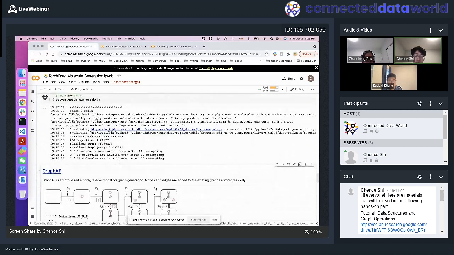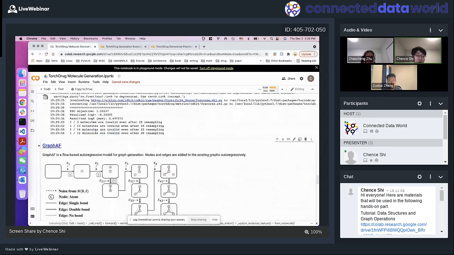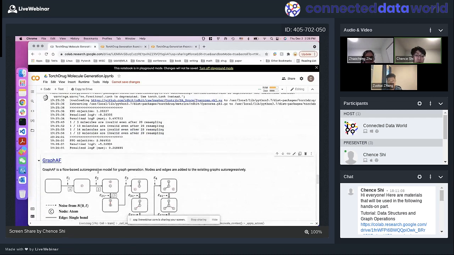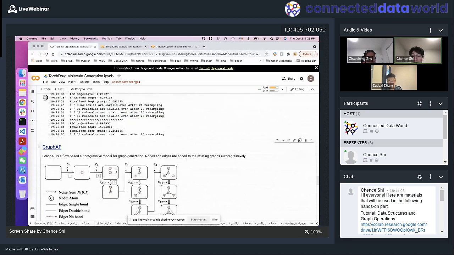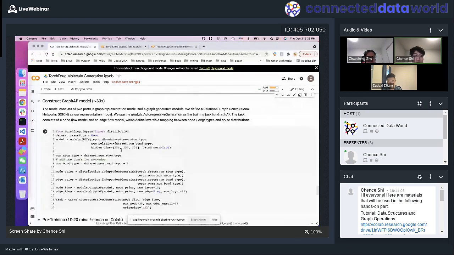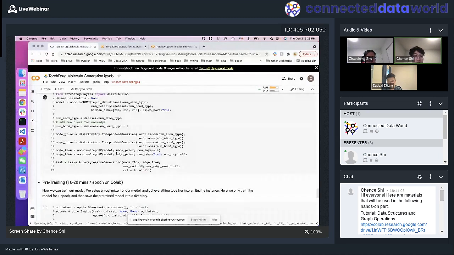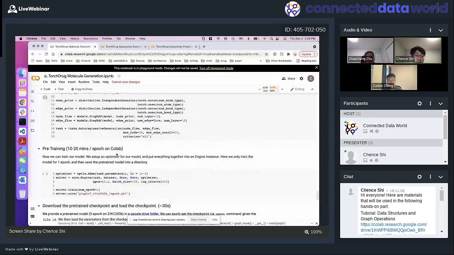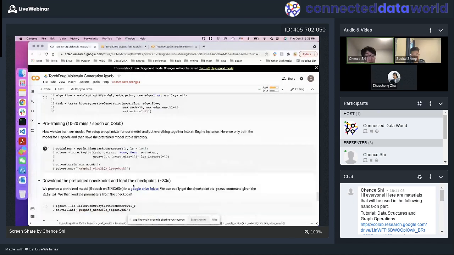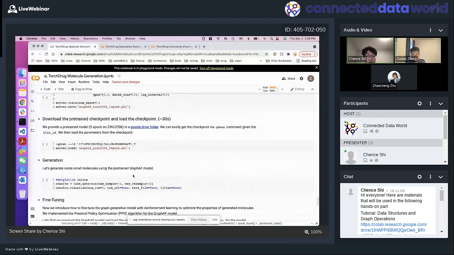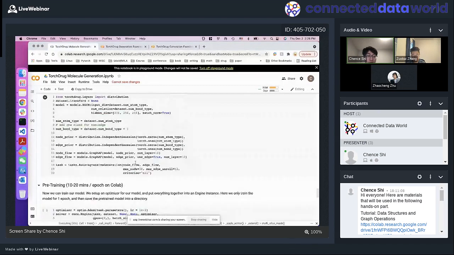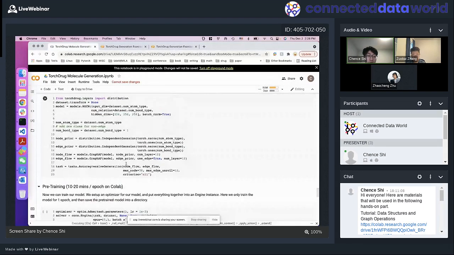Yes, and also in this tutorial, we have another model called GraphAF, which is a flow-based autoregressive model for graph generation developed by our group. The whole procedure for defining the model, pre-training, and fine-tuning is quite similar to that of GCPN. I will not repeat all these things here, but you can play with these in your own Colab